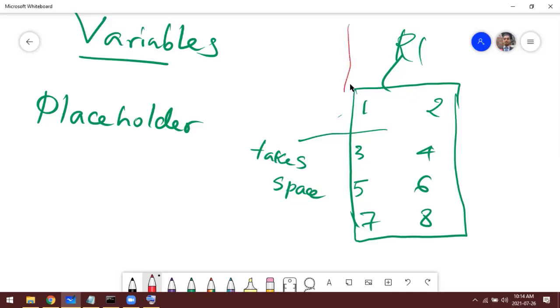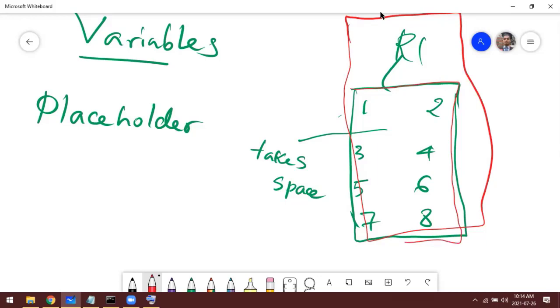In our place we have only this amount of space. For class 1 we have allocated this space, hoping that we can accommodate a maximum of 8 people.